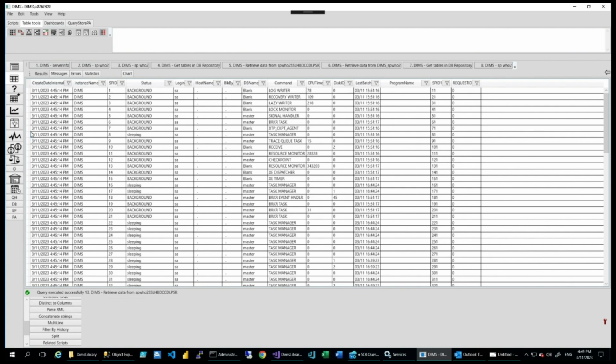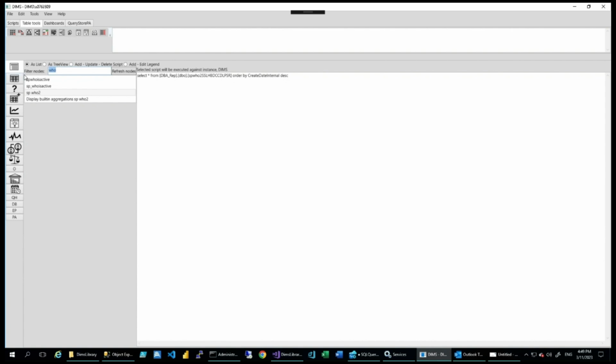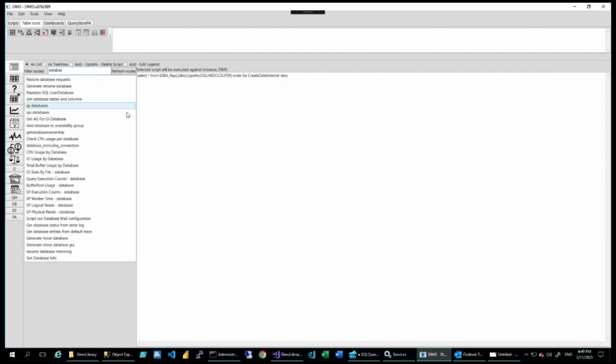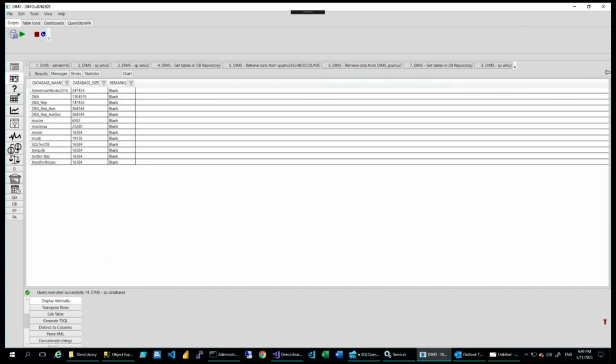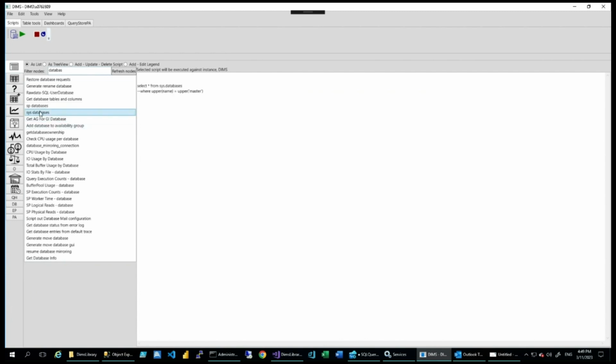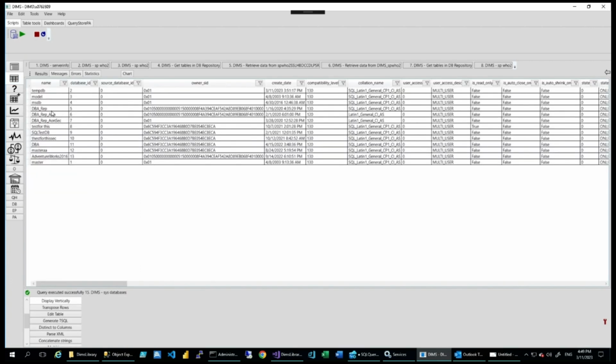Another thing that I have here, and it's good to have when you want to share data, some of the result sets, databases, separate databases, for example. Let's execute it. It is these databases. It has a huge number of columns. So when you try to copy this result set,